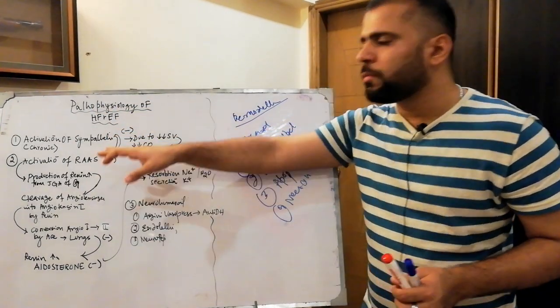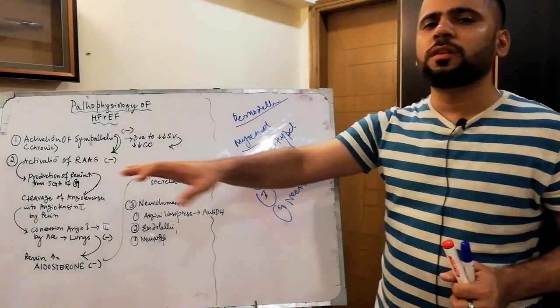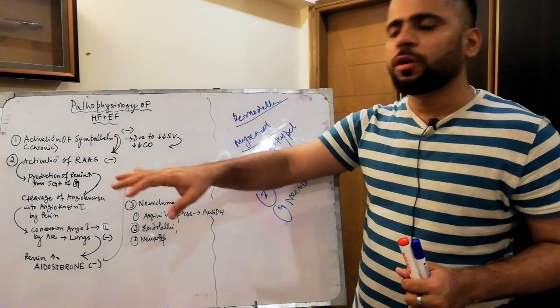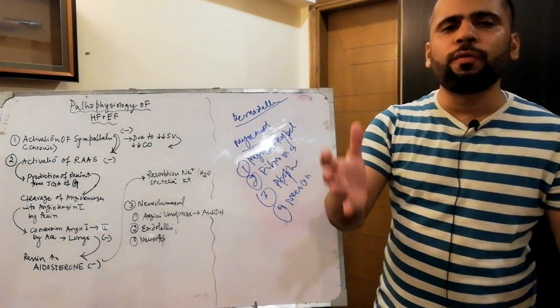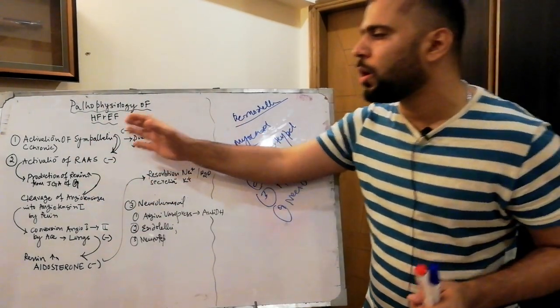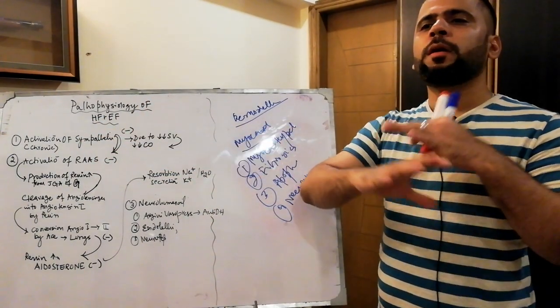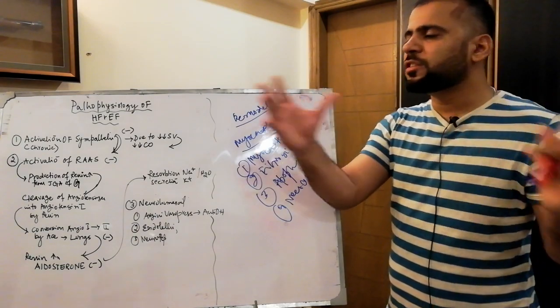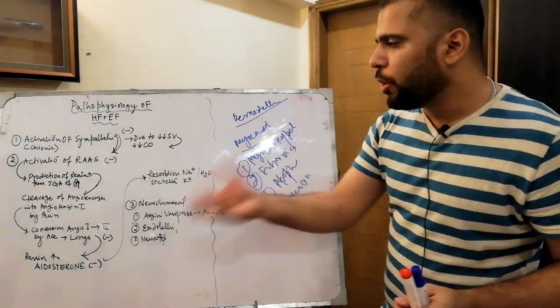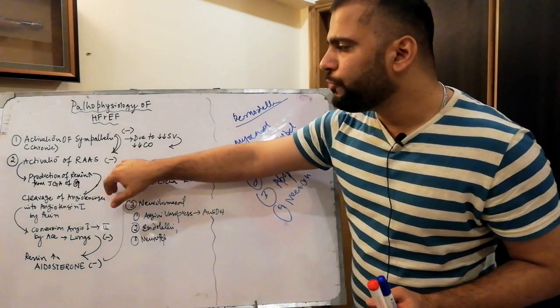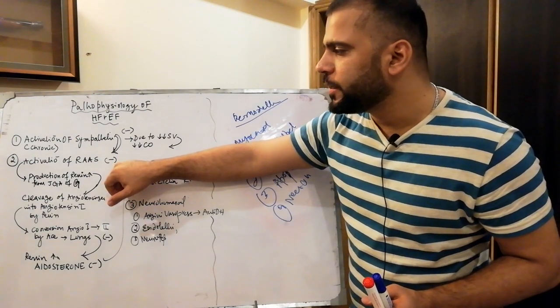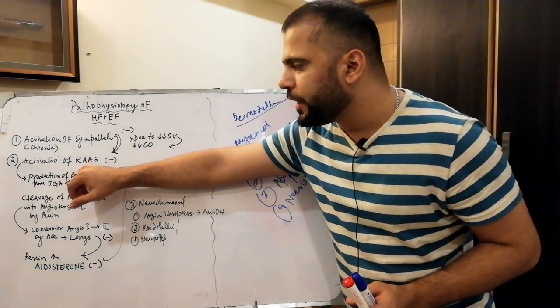The acute activation of the sympathetic system does not cause HFrEF, because in the acute, short-term form it is a protective mechanism, but in the long-term form it causes hazardous effects. It becomes a vicious cycle for our body. Then it would obviously send signals to the rest, which is actually the